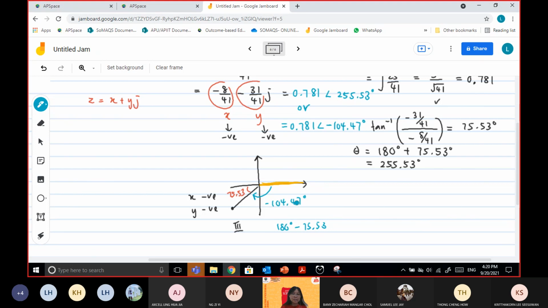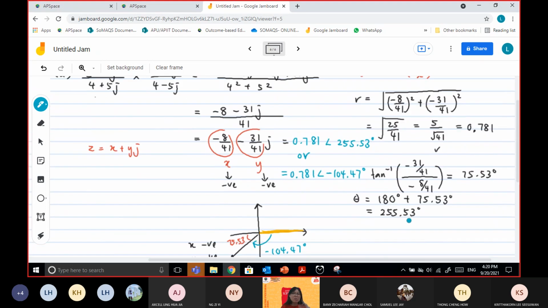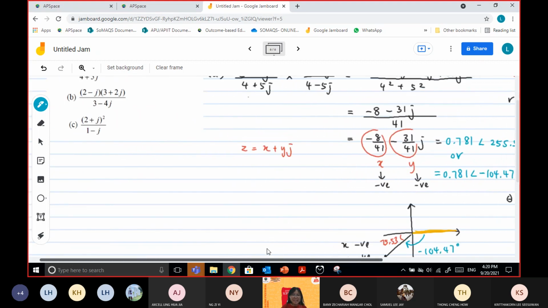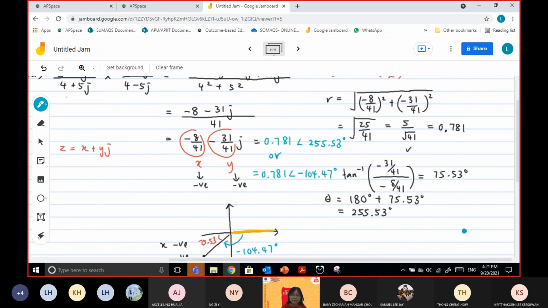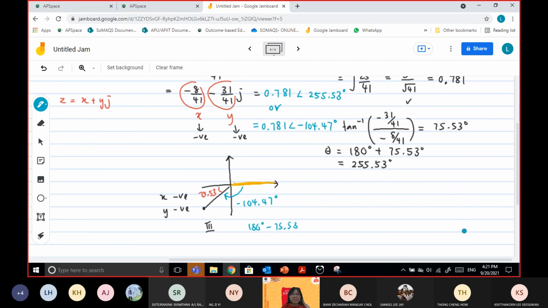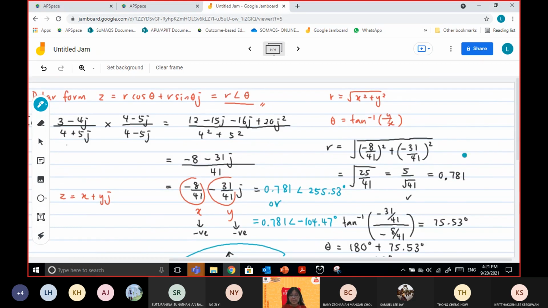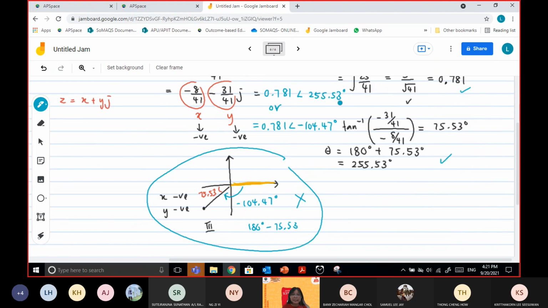Okay, clear? Yes, it's a bit troublesome, that part on converting to the polar form. Miss, it's not necessary to draw the diagram, right? No, the diagram is just for your understanding. This part is not required. The part that is required is you need to show how you find R and how you find the argument, then give the answer, this one or this one. Okay, miss, thank you.